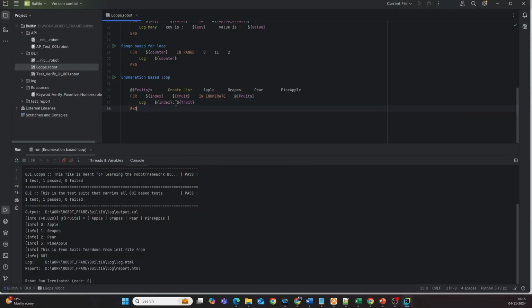Let us go and create a test case as zip based for loop. Zip based for loop works with multiple lists, right? So for this we will have to create two lists. Okay, one as a fruit, another one as a color. For example,